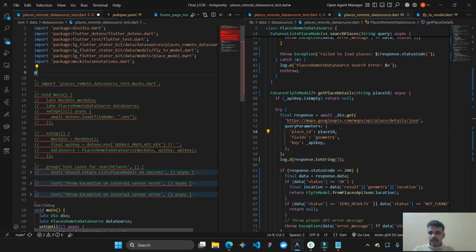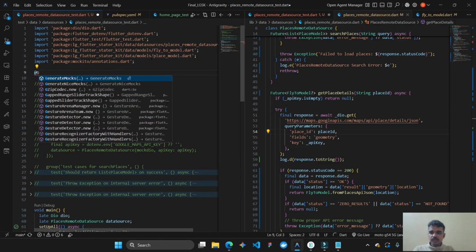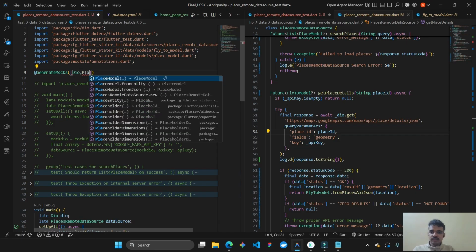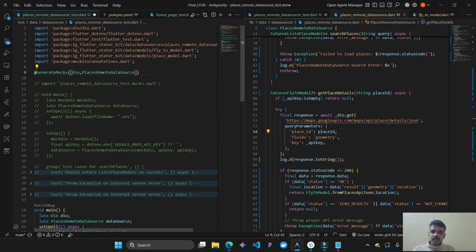After installing the packages, to generate mocks, we call GenerateMocks from Mockito, and inside that we are going to write Dio. If we have multiple, then we give a comma and write the other dependency which we are going to mock. So I'm going to do it currently for Dio. Now after that